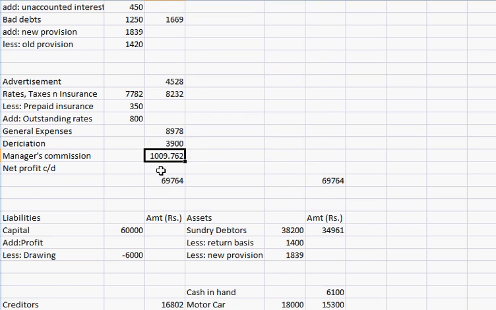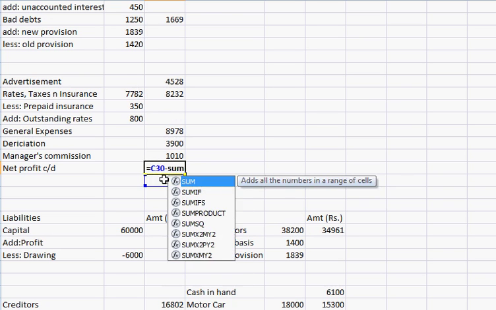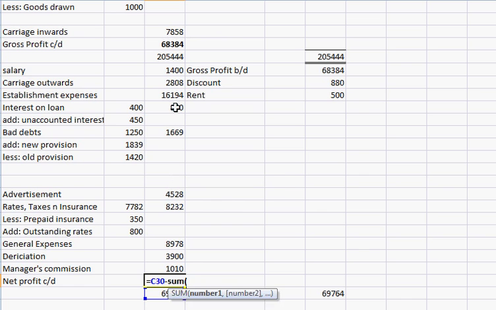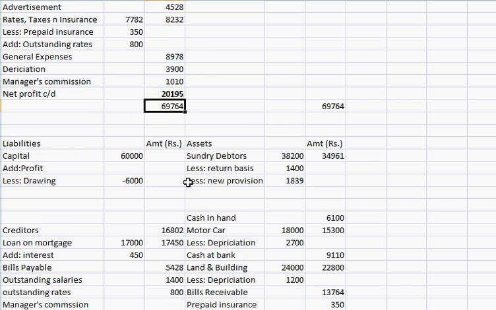Make it round off. So rounding it off, we can write it 1010. So the net profit would be this amount. We have to deduct the sum of all above accounts starting from salary and ending with manager's commission. So this is the net profit,